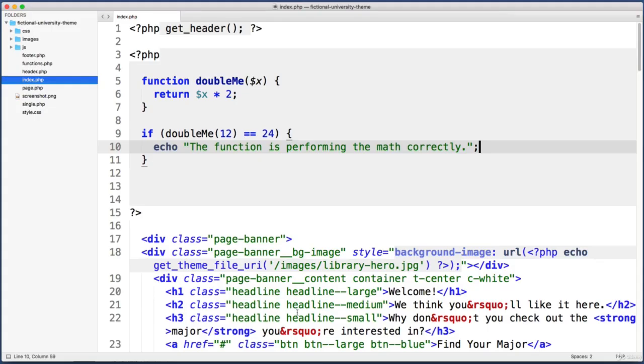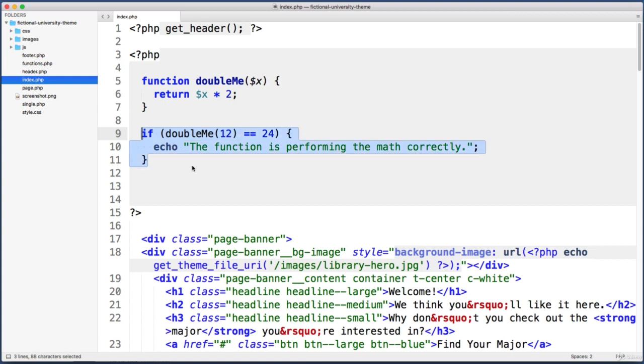Cool. So you get the idea. This is not a real-world example. You'd probably never do this. But the idea is that you can use the value that a function returns anywhere. Now before we bring everything full circle and tie this back into the topic of WordPress specifically, let's have a